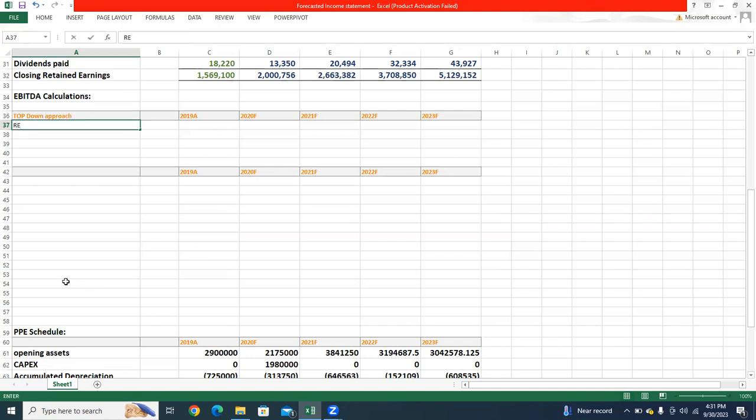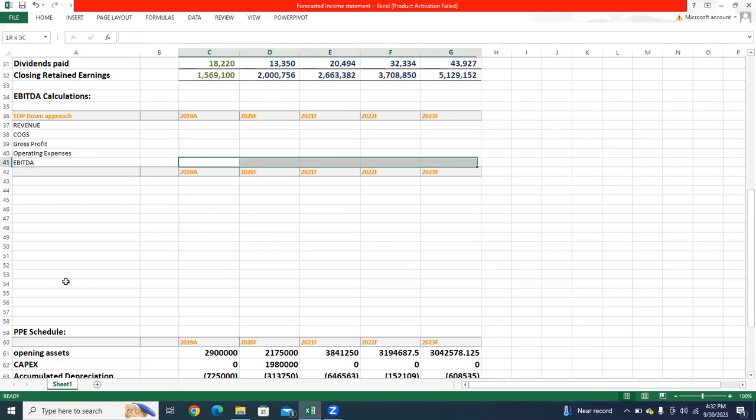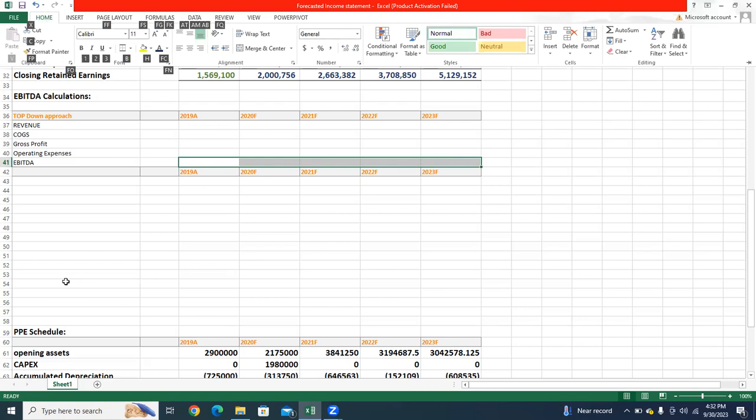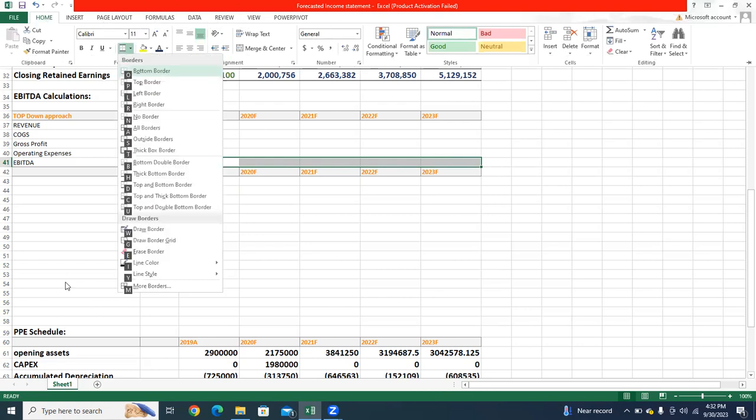We have a revenue, we have cost of goods sold, we have the gross profit, and we have the operating expenses. We have finally EBITDA. Need to do the formatting, underlining,